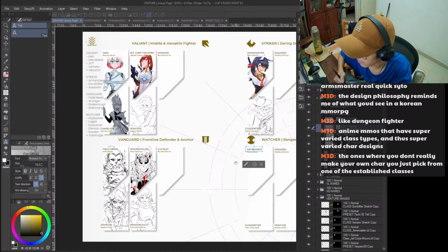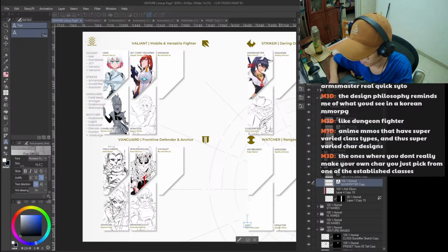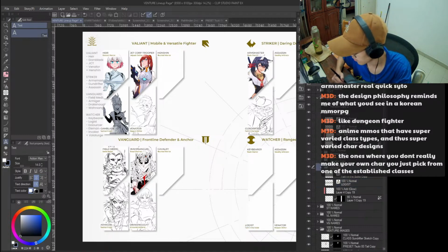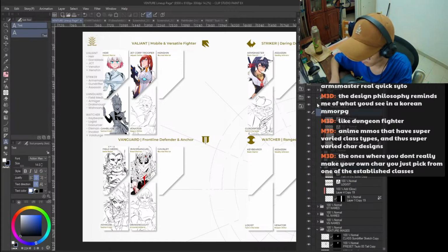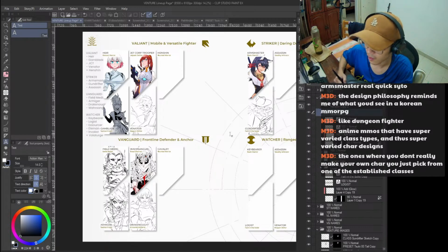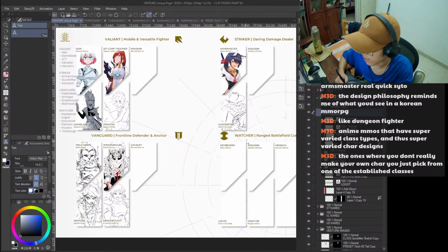Key bearer. Next is the logist. Oops. So I don't like caps lock. Logist. Exorcer, Elements,